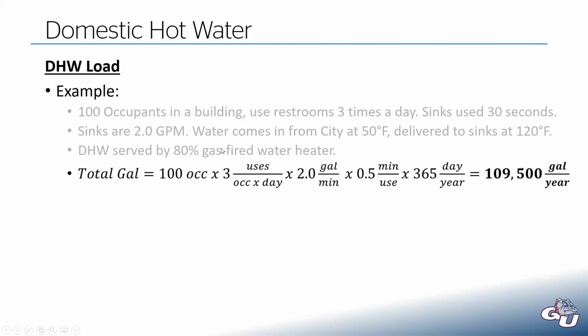So we have 100 occupants. We know, or are assuming, 3 uses per occupant per day. When the sinks are running, they're running at 2 gallons per minute. They're using them for 30 seconds, which, to keep the units right, minutes to minutes, is half a minute per use,